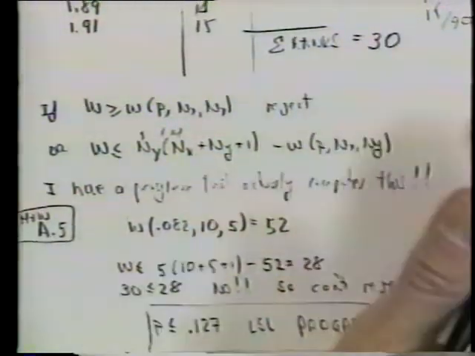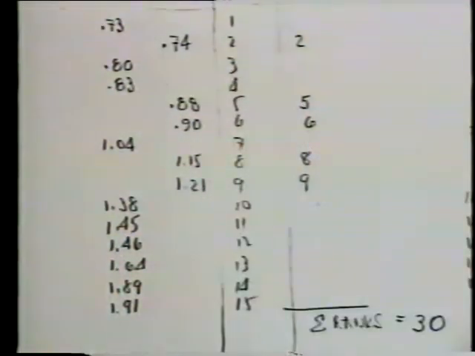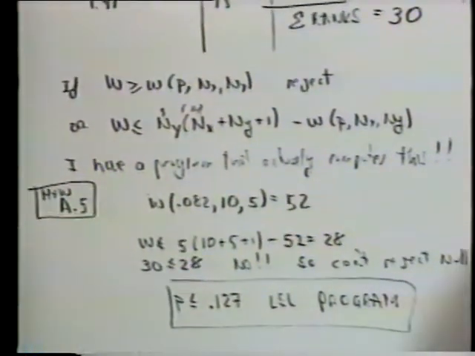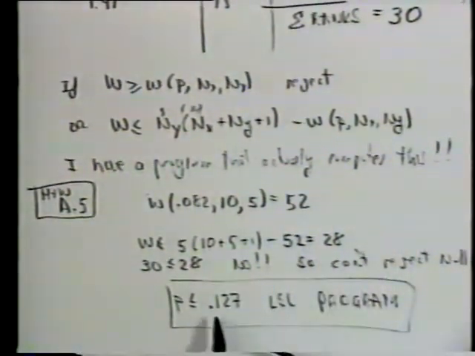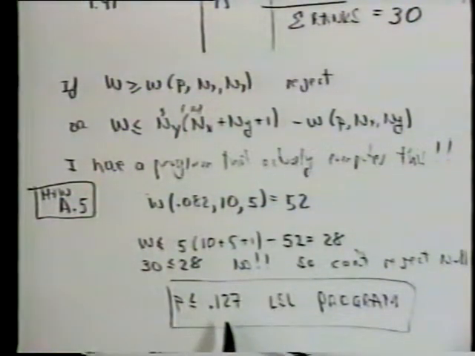If you use my basic program, you put in a file of these numbers and of those numbers, and the program cranks for some time and produces that the p-value is 0.127. So you don't have to look things up in tables, because I don't like to look things up in tables, because then I might be tempted to interpolate and I'll do it wrong or not carefully, and so I don't want to do that. So it actually produces the correct p-value.